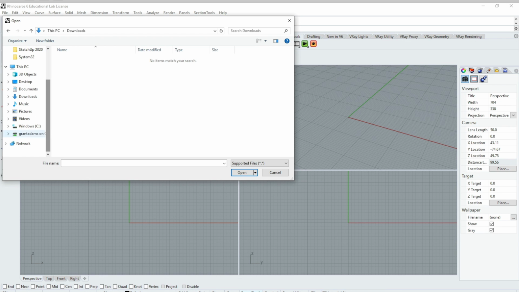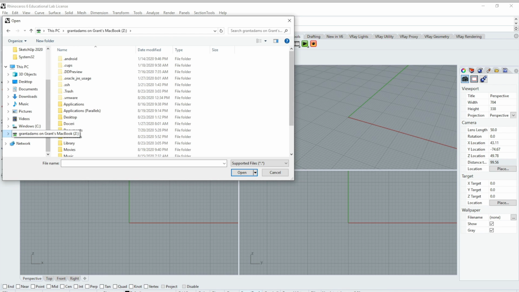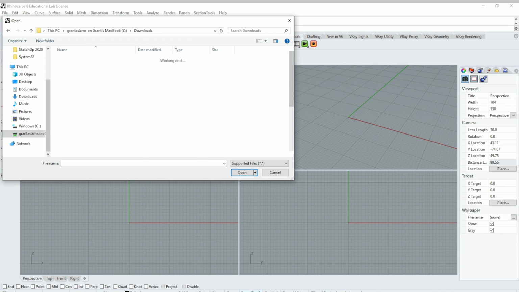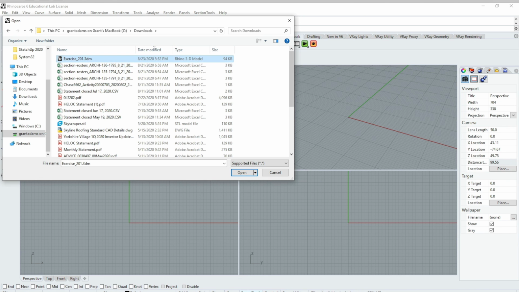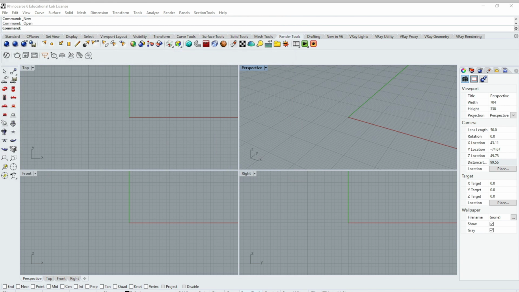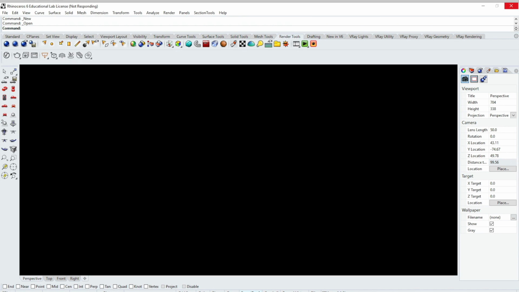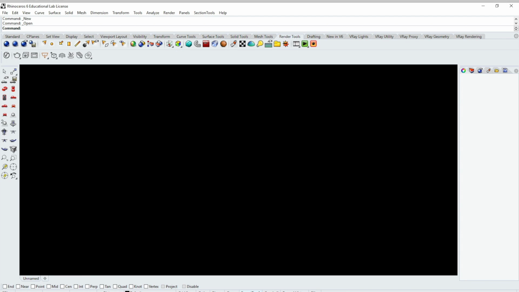I have to go to my, I'm working on my MacBook here. I have to go into my MacBook, and then I can look at my downloads folder. And there it is. I can look at the date modified, and there's the file that I just downloaded. So now that that's been downloaded, I can actually open up that file. And this is an advantage to working natively in the client. So rather than using the web browser, I can actually natively open up this file directly. So we'll give it just a second to open up here.